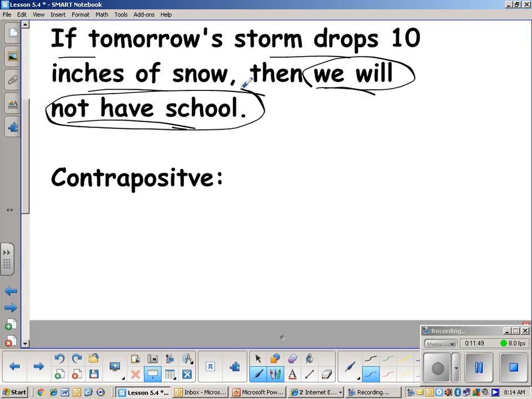We will not have school tomorrow and switch it to beginning. That would just be the converse, right? So if we take the inverse of that, what would it be? We would take out the not. Yeah, so we'll say